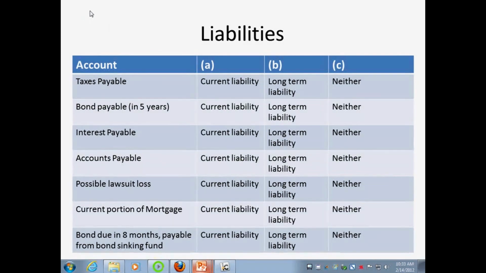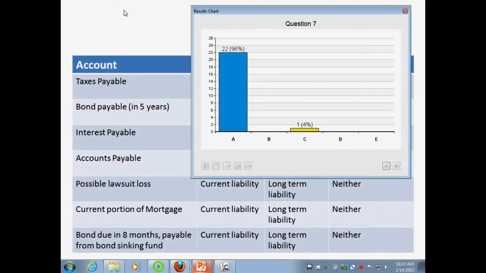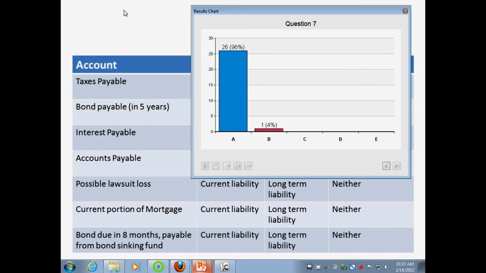All right, how about the current portion? So normally a mortgage would be like a 10, 20-year payment. What about the current portion that's due this year of the mortgage? Does that get lumped with the long-term liability, or does that get split out into the current liability, or do you do nothing with that? All right, good. Everyone thinks the current portion belongs in the current section, and you would actually write current portion of long-term debt or long-term obligation.